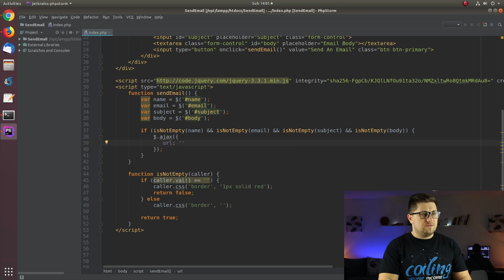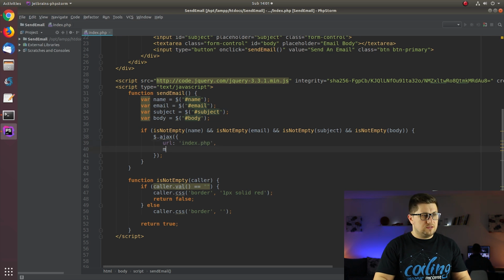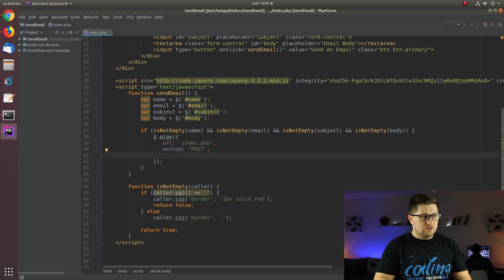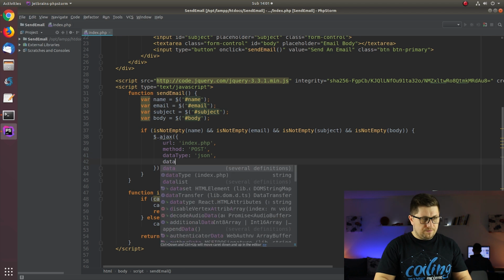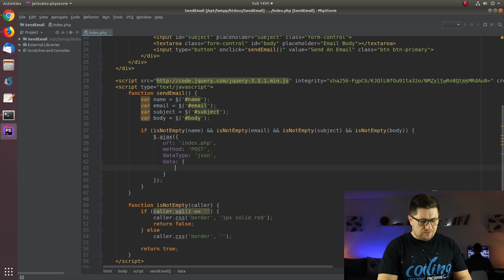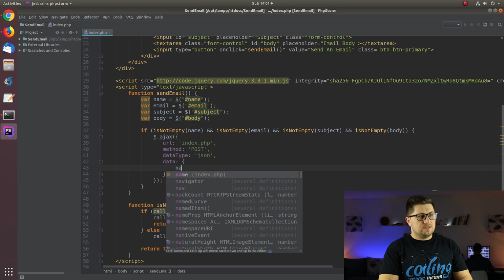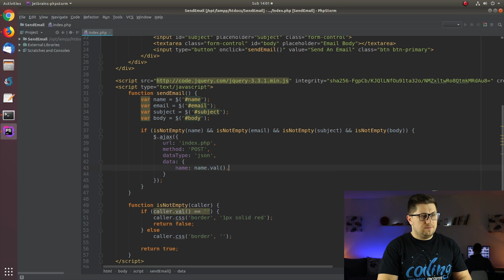Now we will just specify some parameters. Okay, so my URL is just this file. The method that I'm going to use is post. The data type that the server will return is just, let's say, JSON. And then the data that we are sending to the server is, let's say, name,